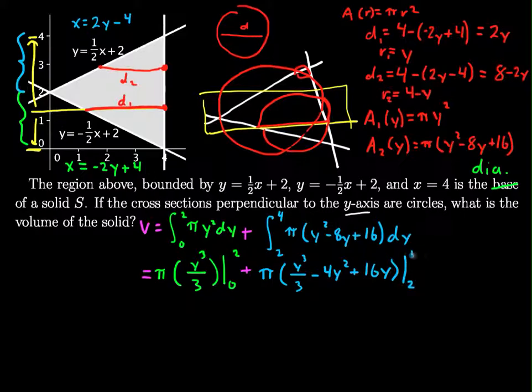And usually, in all these problems so far, I was able to just ignore this 0 for all intents and purposes, but now I have this 2 down here. I have to make sure I do that correctly. So this will equal pi multiplied by, let's see, 2 cubed is 8 over 3, minus 0 cubed is 0 over 3. I'll put it in there. Plus